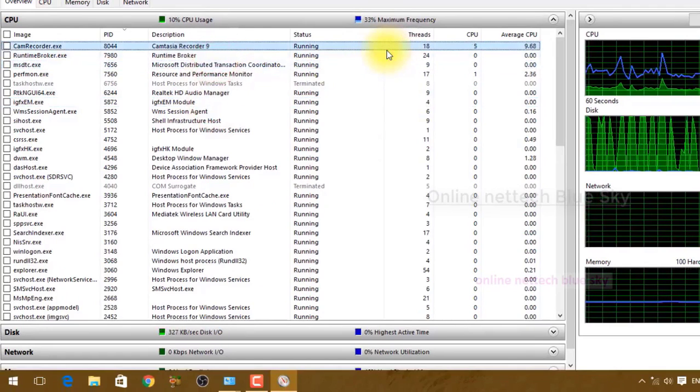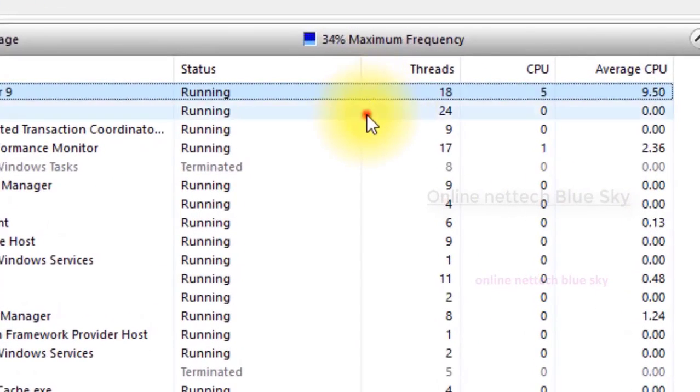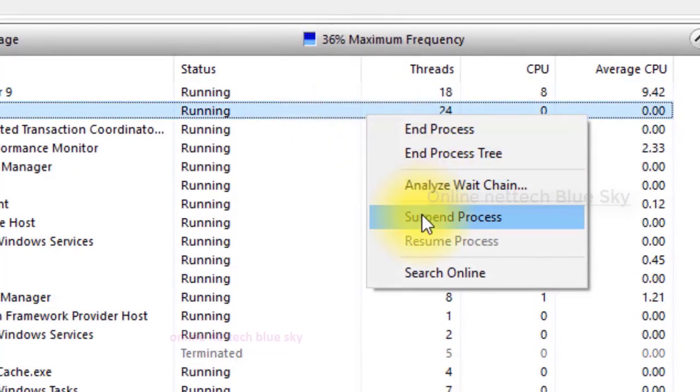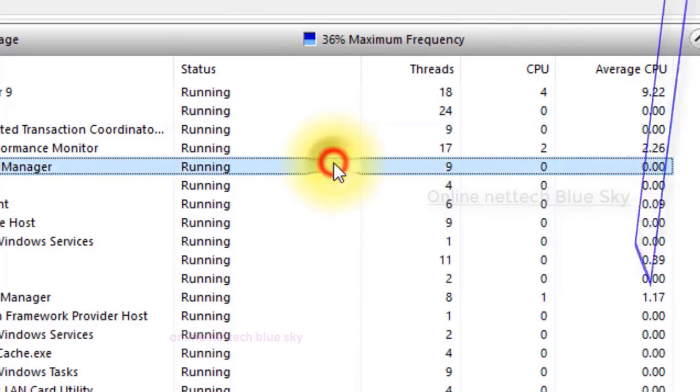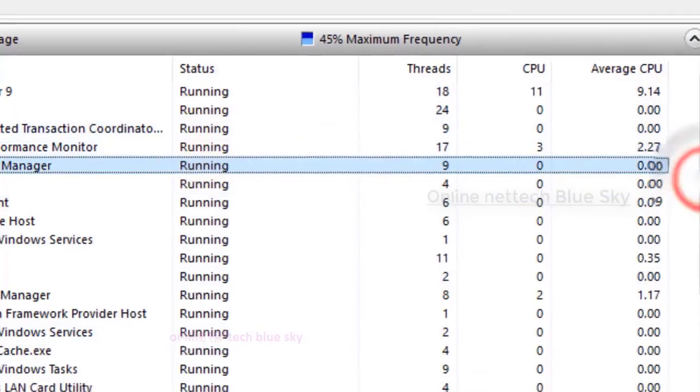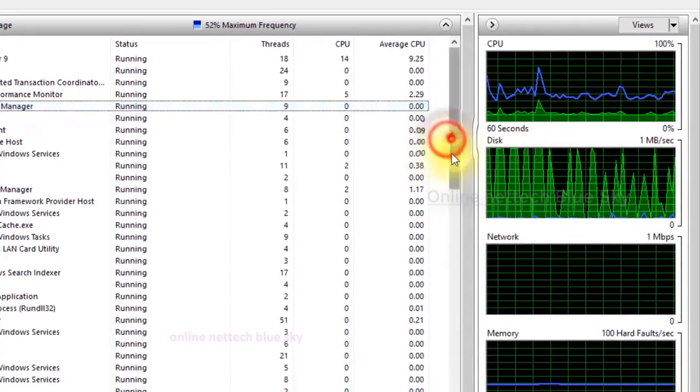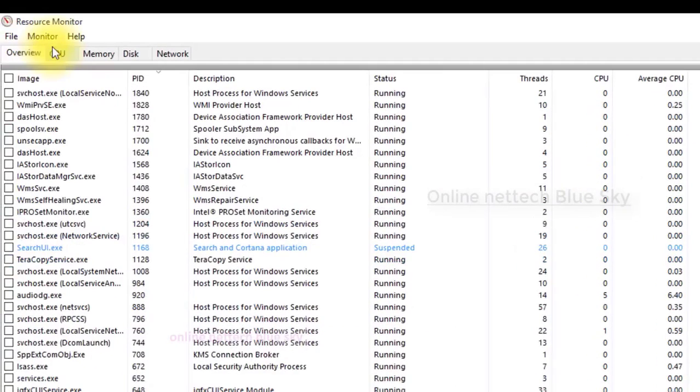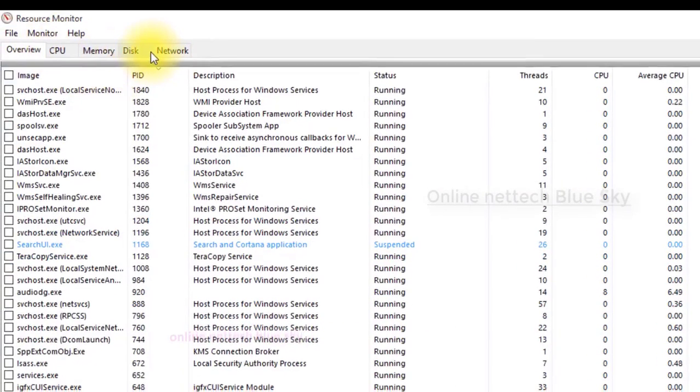Why? Because the process is very heavy. So why suspend a process? Sometimes I'm not using some software, but it automatically starts in the background and my computer slows down, so I can change it and suspend.